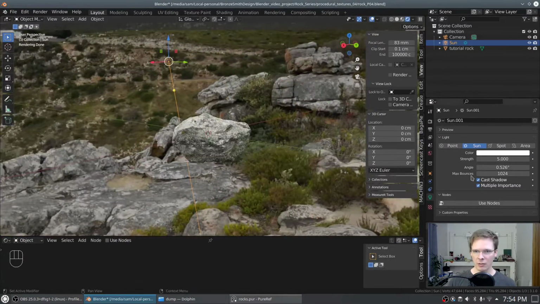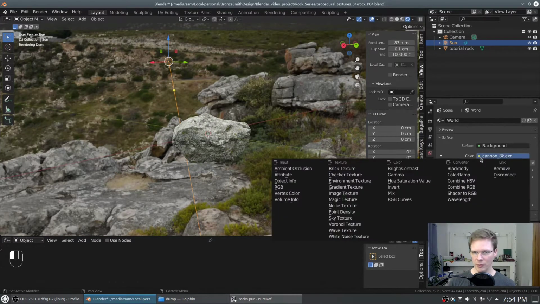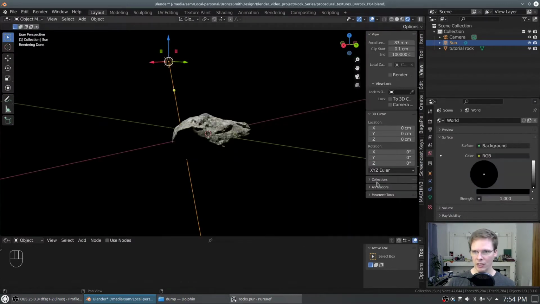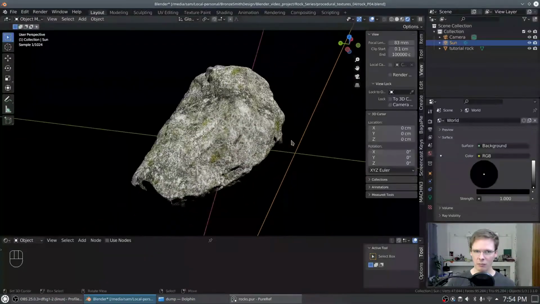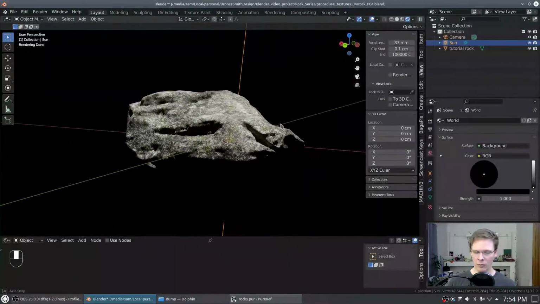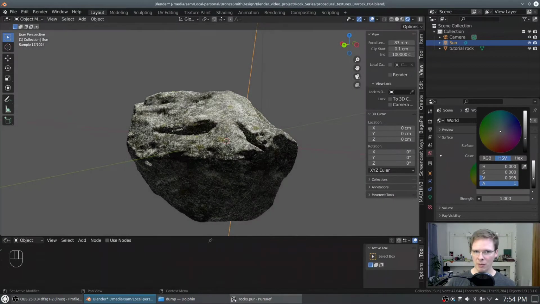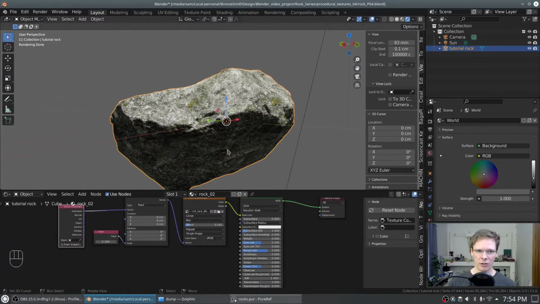So the next thing I did was I added an HDR texture. We're going to remove this and replace it with RGB black. It's a nice environment to look at as well, but I'm going to leave it in with gray because it's easier to see bump maps in this environment. So we're going to leave it there. Select your rock,